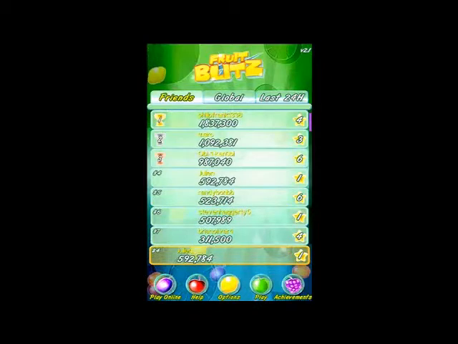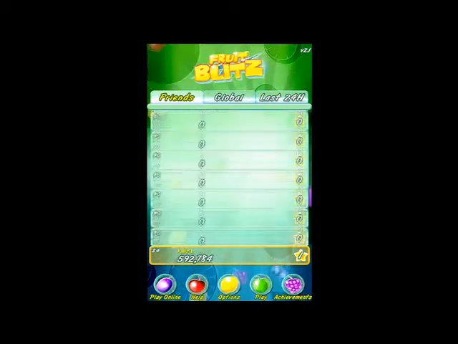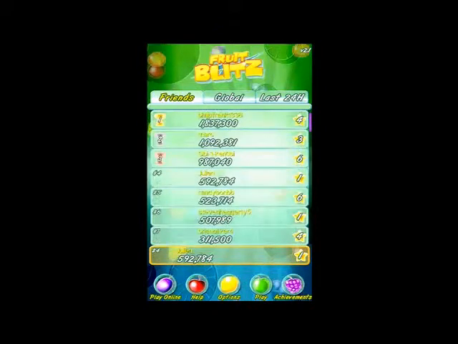So right away, you see what you have to do to get up the leaderboard against your friend, for example. Here I'm number 4. My score is right at the bottom, so I don't have to scroll up and down forever to see where I'm at and what I need to do to move up the leaderboard. The really interesting thing also is that play online button, again, at the bottom. You get the regular offline mode where you're going to play. That's a regular match 3 game, so let's jump right in.